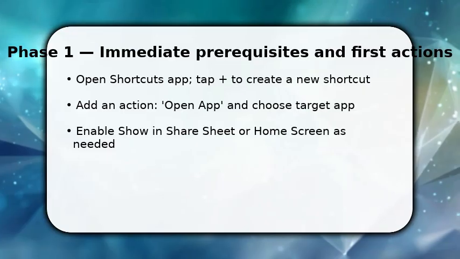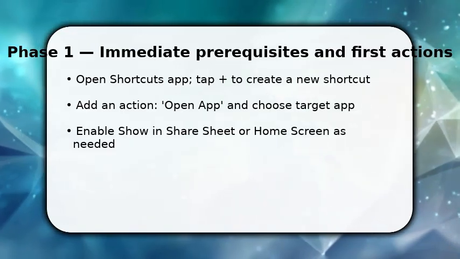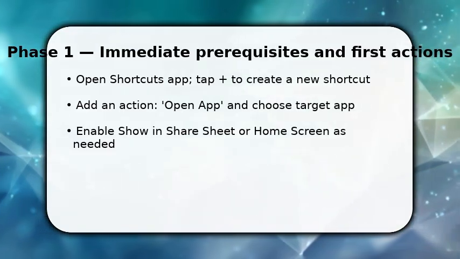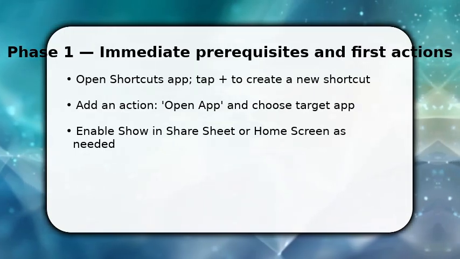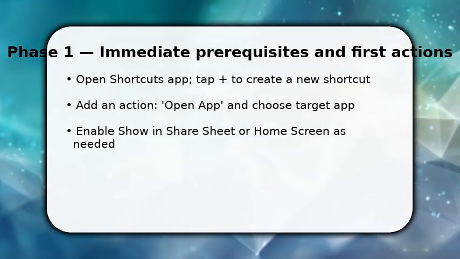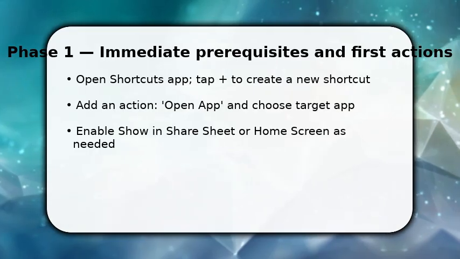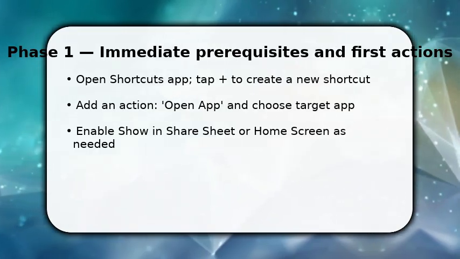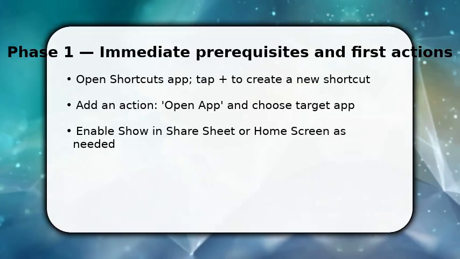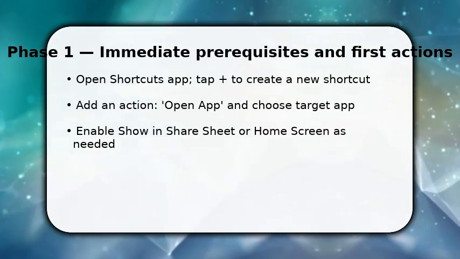You start by opening Shortcuts and creating a new shortcut. Tap the plus icon to begin. Next, add the Open App action and select the app you want to rename because the shortcut will act as the renamed launcher. Once done, configure whether the shortcut appears in the home screen or share sheet so you can